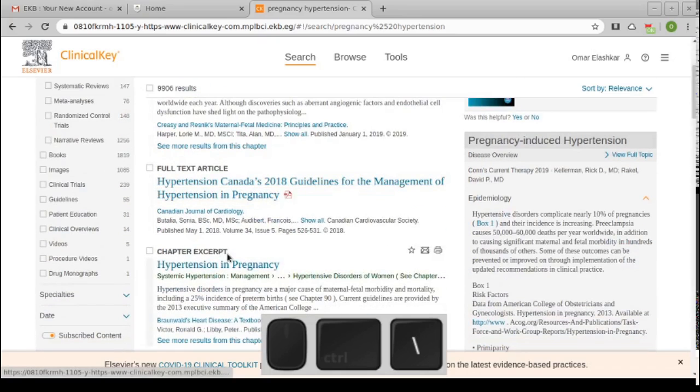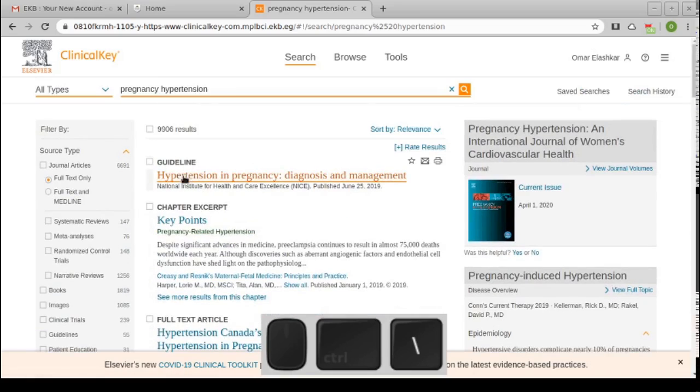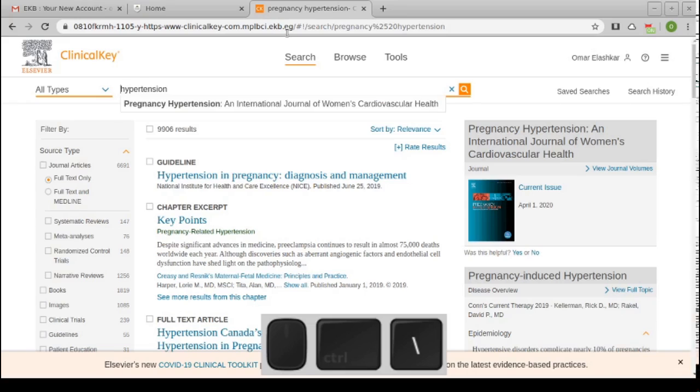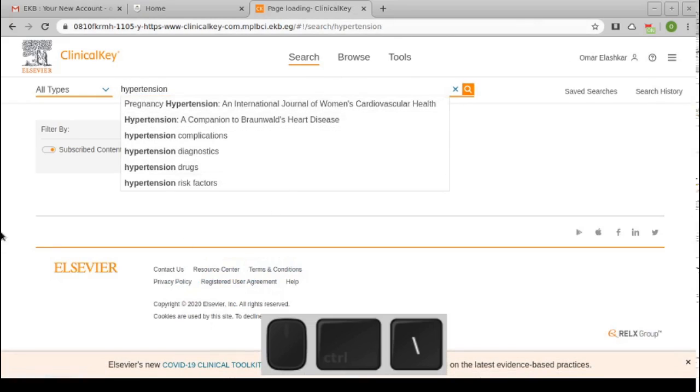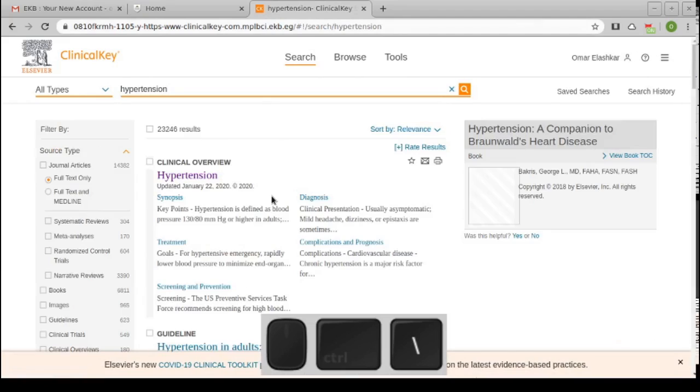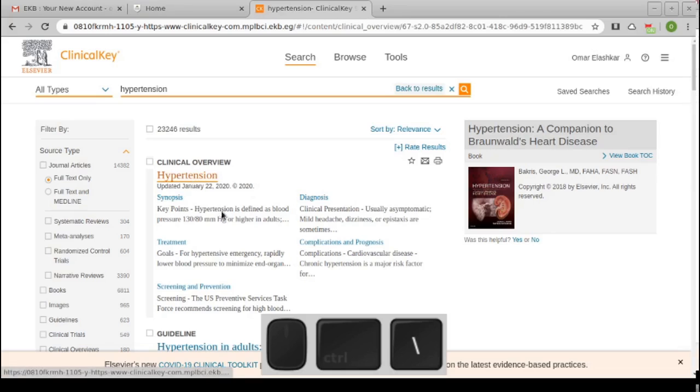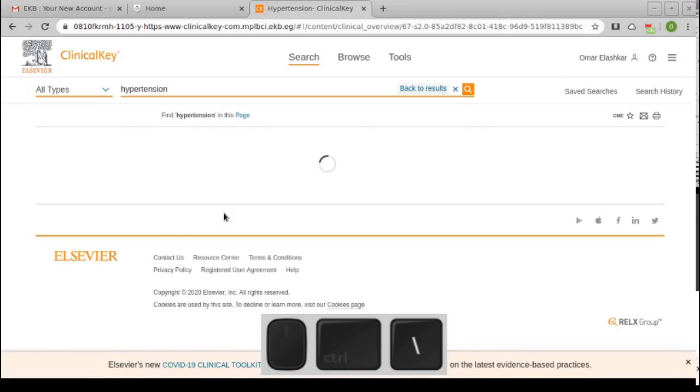Also, you might not find the clinical overview monograph of the disease of hypertension here. However, if I type only hypertension, I will get the clinical overview of hypertension. I can open this one,